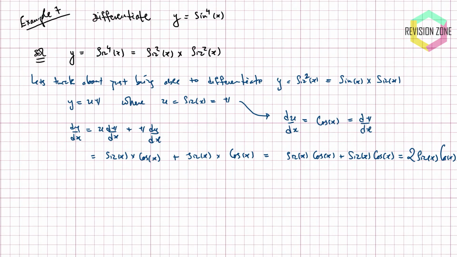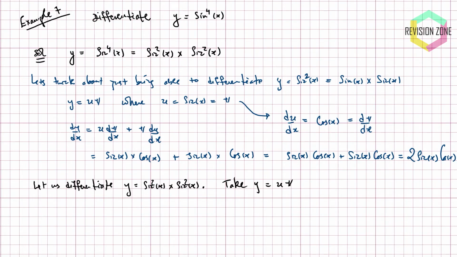So let me go back to y. So now let us differentiate y equals sine squared x times by sine squared x, right? So again, I say take y to be equals to uv because I want to use the product rule,